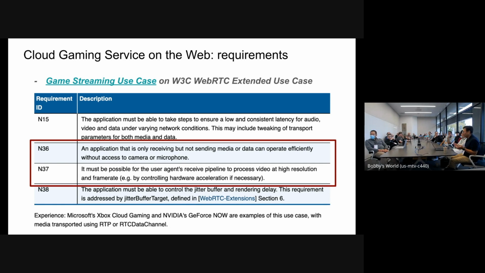So that is why I made this a requirement, requirement 36 on the WebRTC side, because most of the requirements from the WebRTC side assume that camera and microphone permission is granted by the user, which is not the case in cloud gaming.